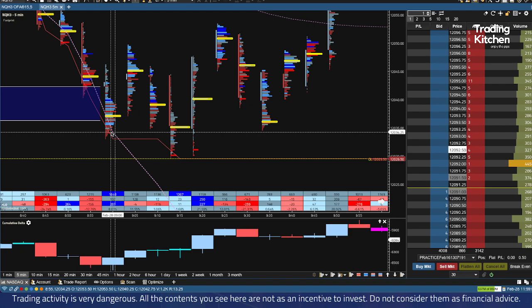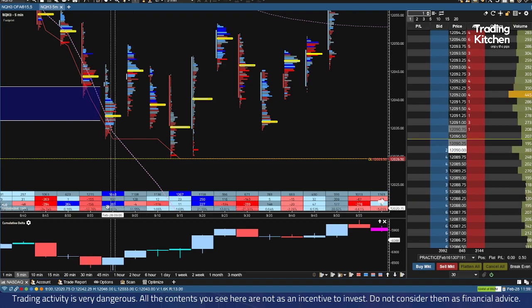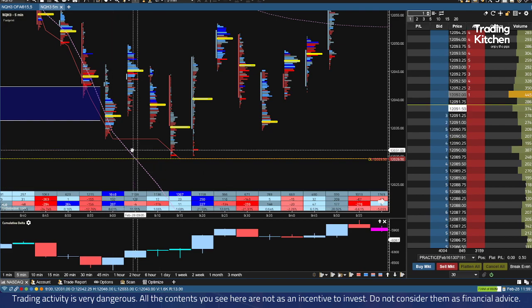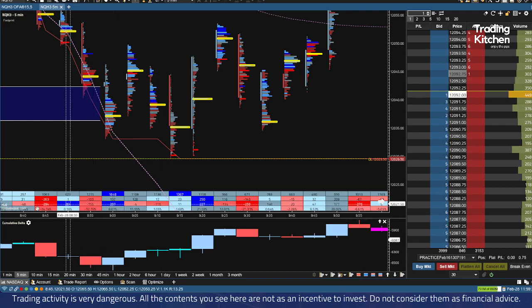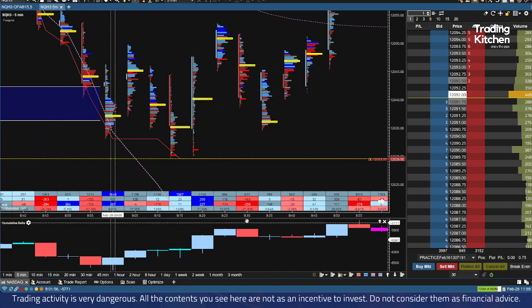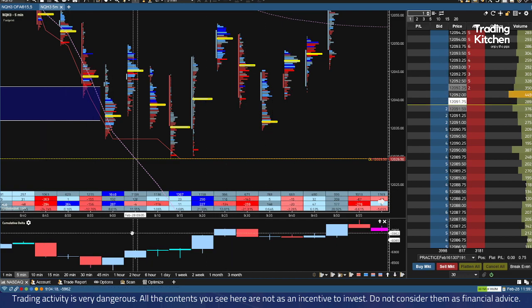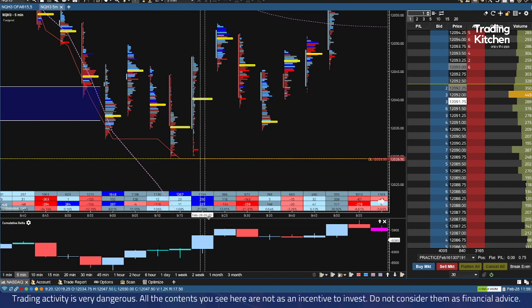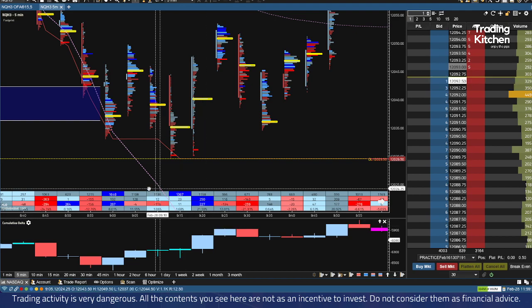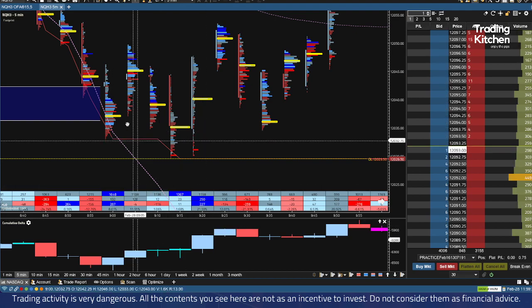And the reason is because we have a strong amount of buyers coming in. I see this because we have a 287, which is the biggest number inside here, on the bullish side. So it means that probably